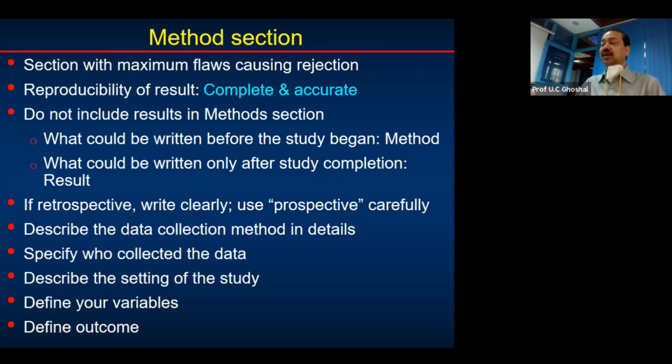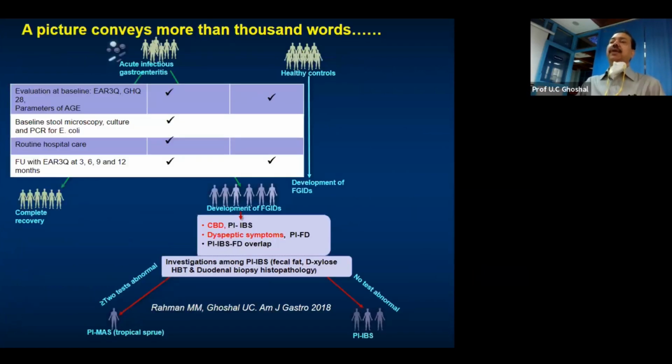variable, defining the outcome. Always give the outcome: primary outcome, what are these? Secondary outcome, what are these? A picture conveys more than 1,000 words. This I showed probably earlier also. In this picture, you see, we have clearly shown the method of the study. This only shows the method of the study. So it shows that we took patients of acute gastroenteritis, we took healthy controls, we evaluated them at different time points,